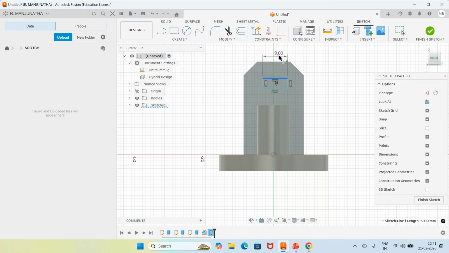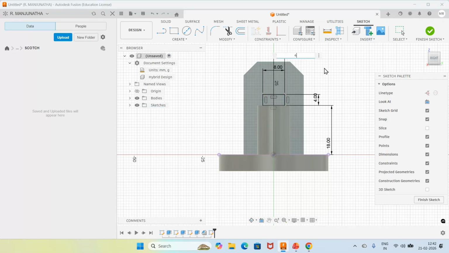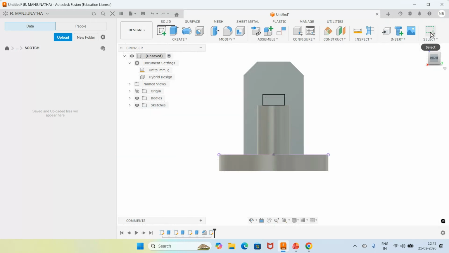This width is 8. Okay. Then this depth is 4. Yes. Then from here to here it is 18. Yes. Then I want to give this dimension from the center. Want to give the dimension from this to this to be 4 mm. Okay. Once you do that, so all the dimensions have been constrained, then go to finish sketch and go to